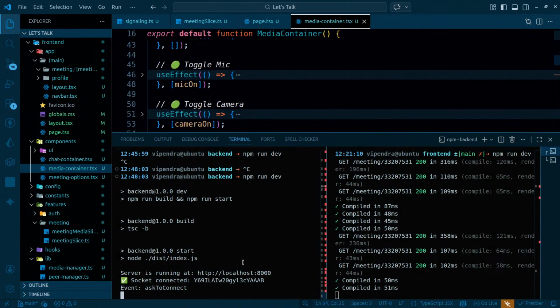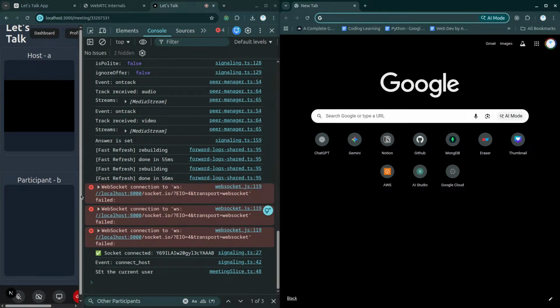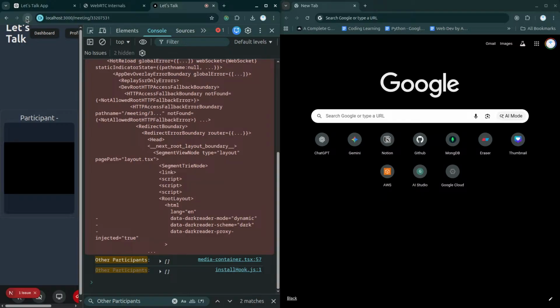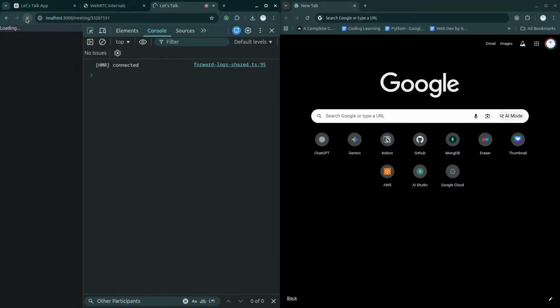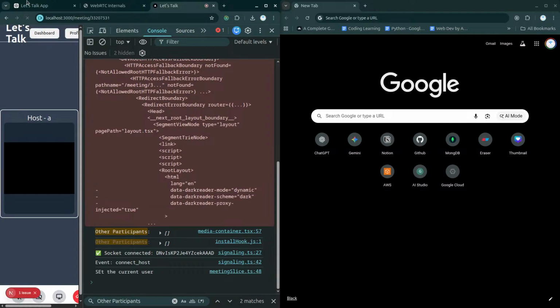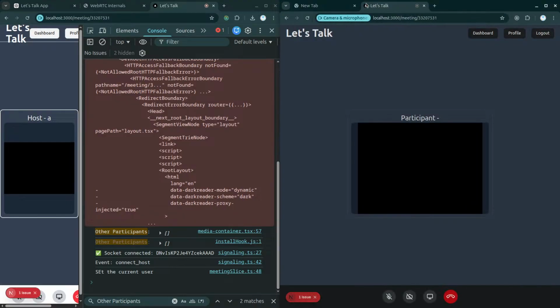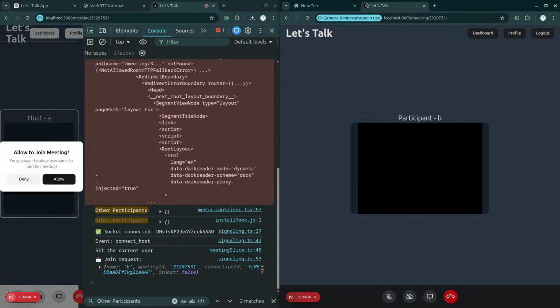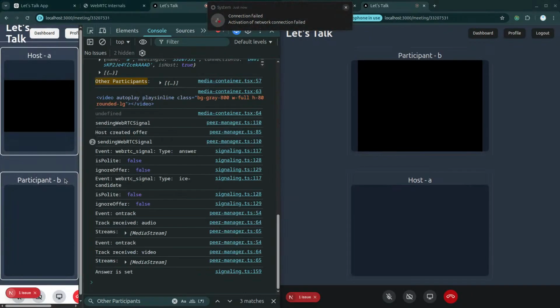Alrighty then, coming back to this. Once everything is done, if I reload the page, I will be asked for the name. So let's reload it one more time. A, and Control C, Control V. I will be asked for the name again. So let's enter the name here, B. And once everything is done, I will have to allow. Once I'm allowed, after that,